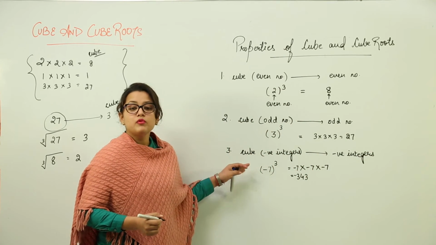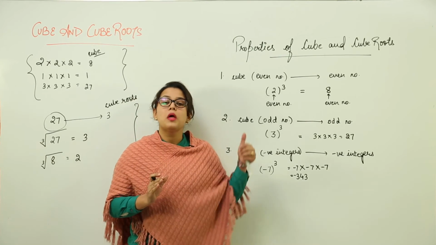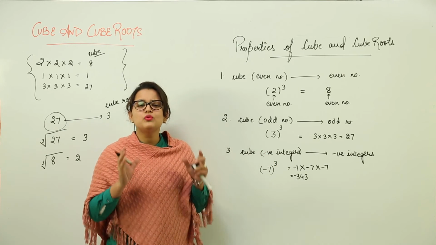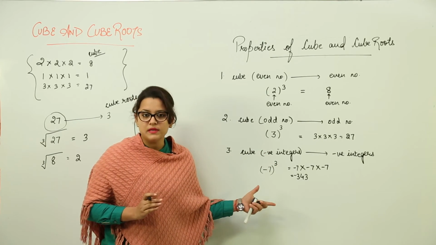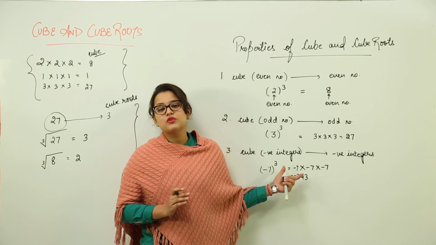Now see why I am doing the example first and then writing the properties, so that you don't have to memorize the properties, right? These are not to be memorized. What you have to do is understand the logic behind them, right? There is no question going to come in your exam asking for these properties,